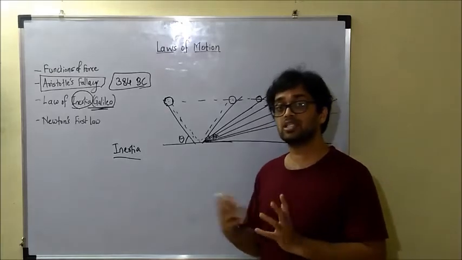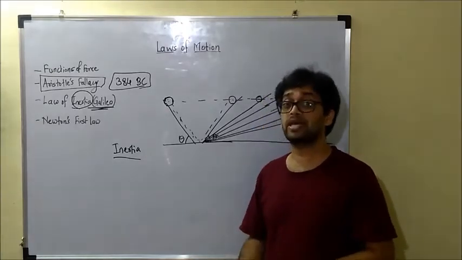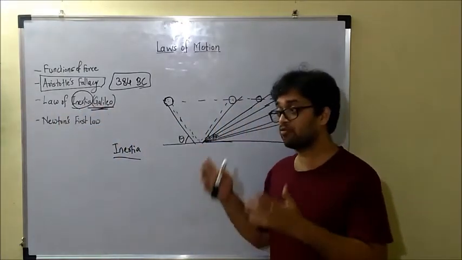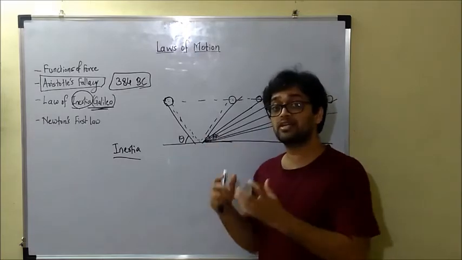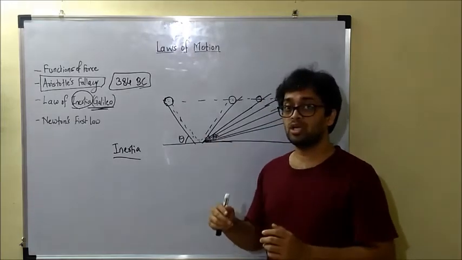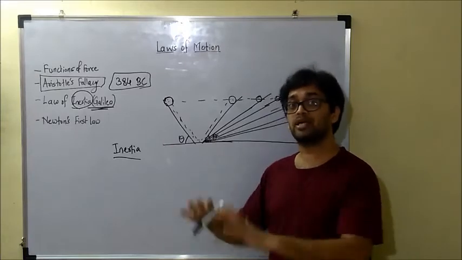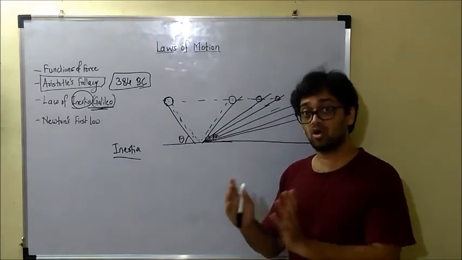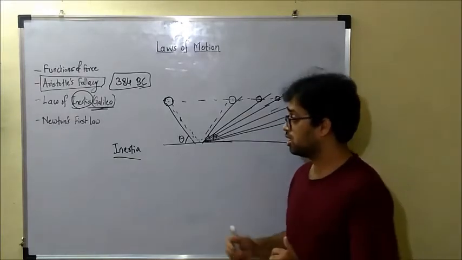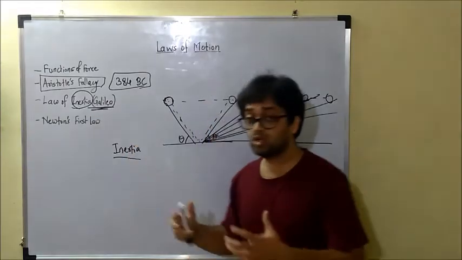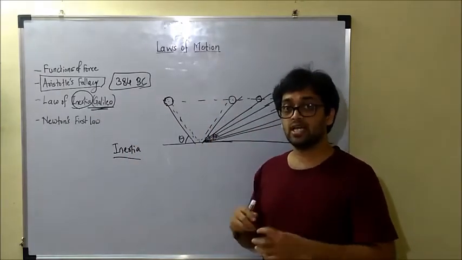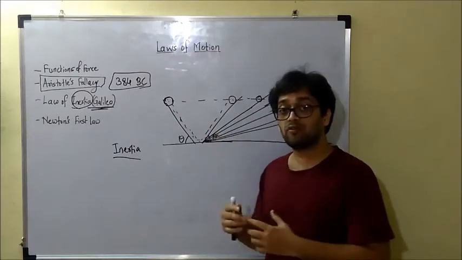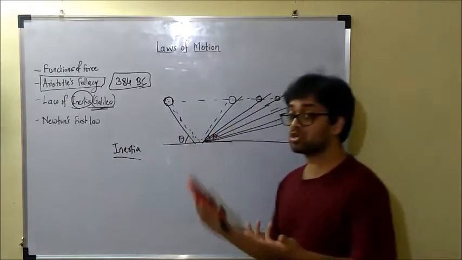So in day to day life we see so many examples where inertia plays its role, and that was coined as the law of inertia by Galileo: every body has a tendency to maintain its state of motion, which is either at rest or in motion. It will maintain that on its own. No extra force is necessary for it to maintain its state of motion. Now what did Newton do? Newton used Galileo's ideas, modified them to suit the context of our motion, and coined his first law of motion.